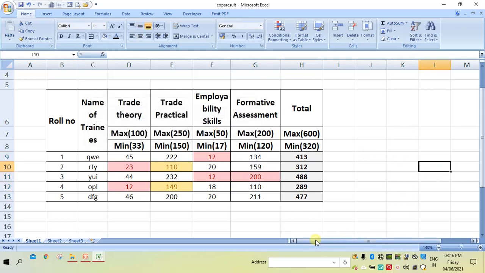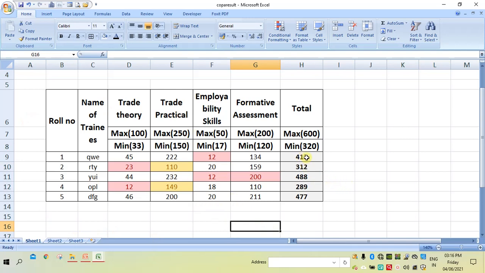So here you can see 200 is the only value which comes in between 199 and 201. Therefore it is selected. This way we can implement the conditional format.